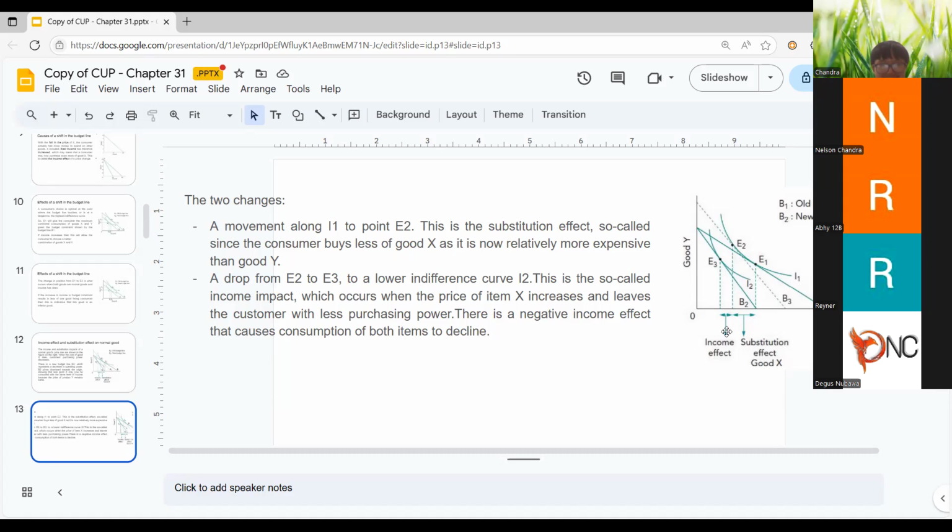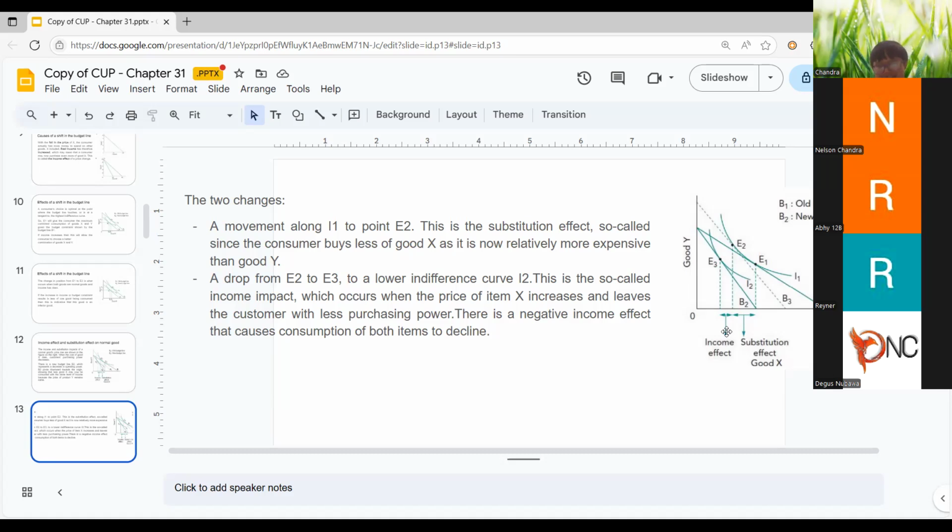Can you explain the positive income effect, or will you go to it later? The positive income effect is going to be explained for the inferior goods, I suppose. But just to make it clear, for now, the positive income effect will be exactly the same. However, it will only happen when there is a decrease in the price of good X. So the direct opposite of this scenario.